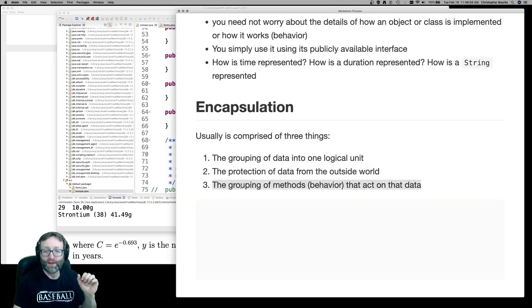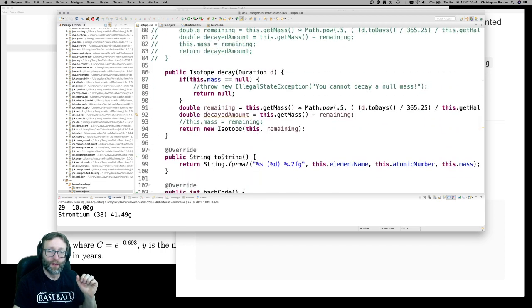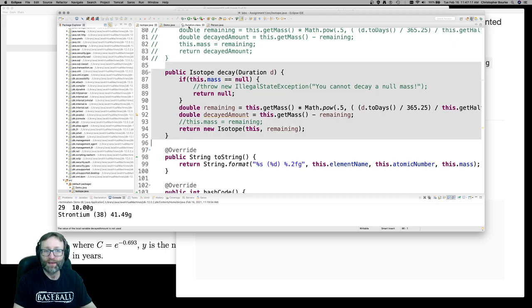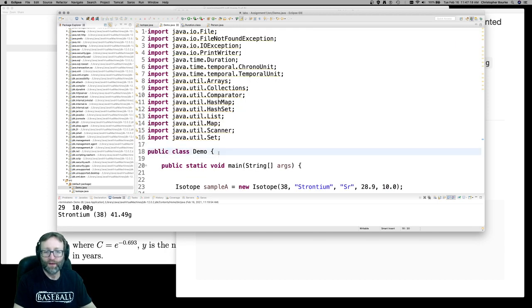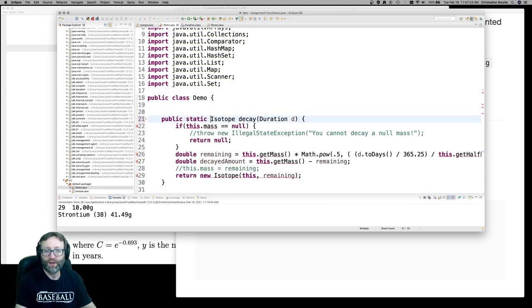3, the grouping of methods or behavior that act on that data. Well, that's where the decay function comes in. The rest of the methods also act on that data, but this one is the one that does it in a non-trivial way. You interact with this object by calling the decay method, decay yourself by 1 year. It takes care of that. If I were to put this function outside the class, say in a utility class or something like that, public static isotope, basically what I would have to do is take one isotope,